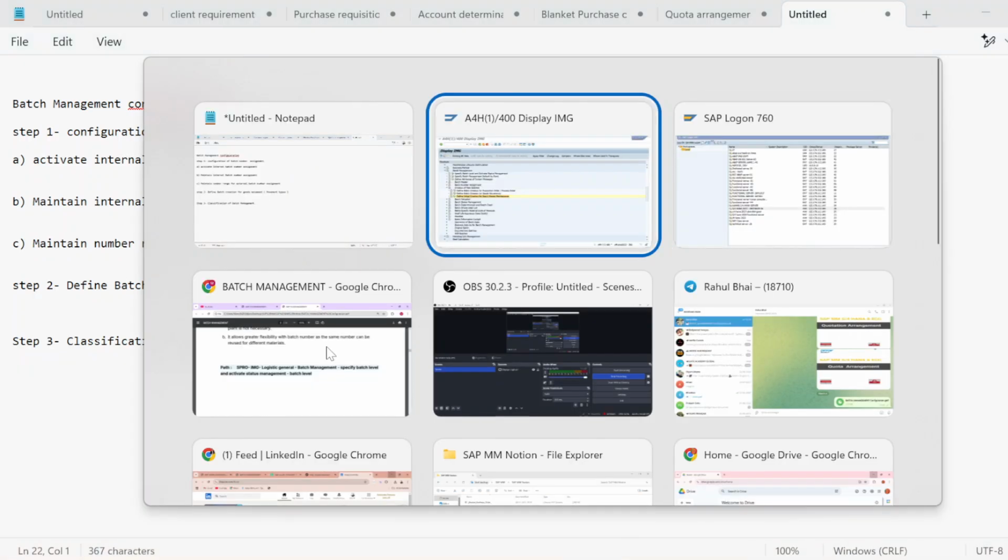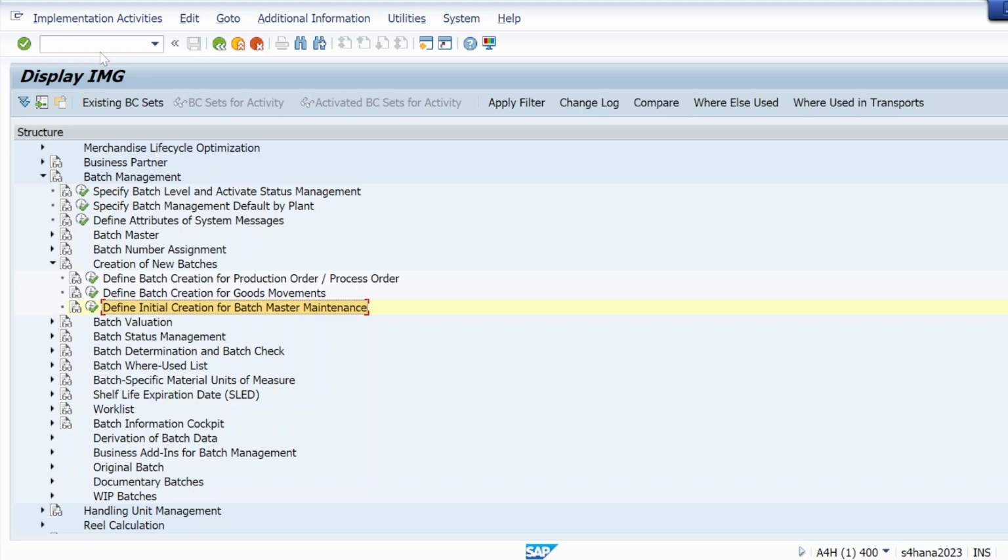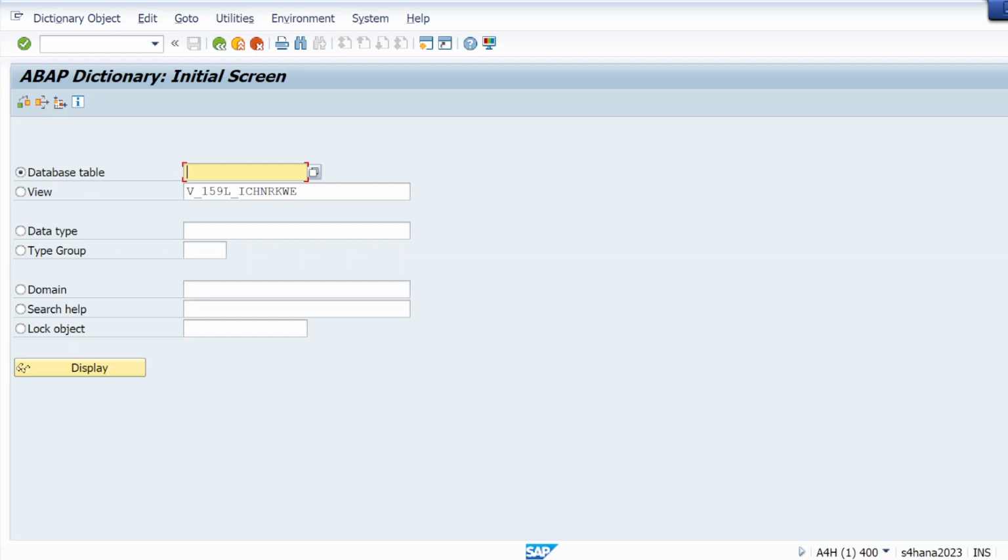First of all, in SE12, let me show you. In SE12 we can see technical names and field names, as in SE11. In some practice servers you don't have access to SE11, so you can simply use SE12. Just use SE12, and for database table we will take MCH1 and display.